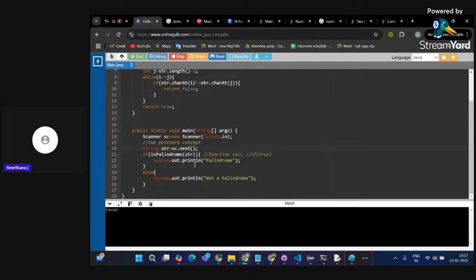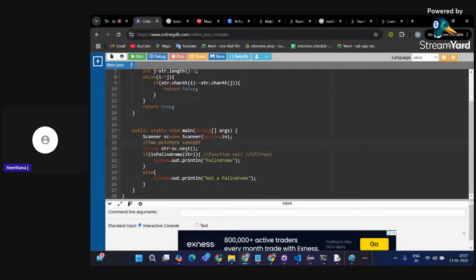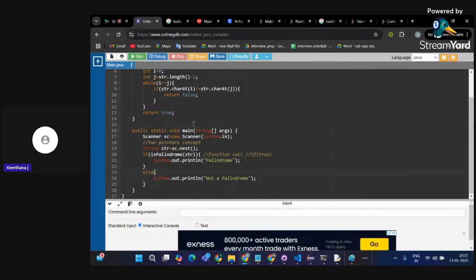What happens? The Scanner object I have created.